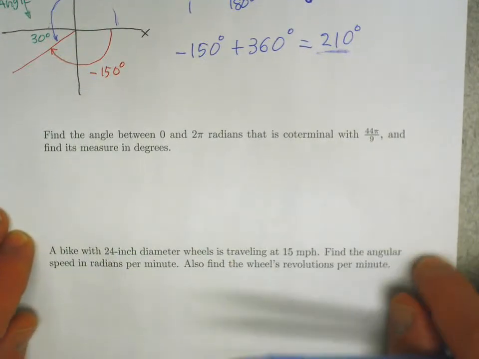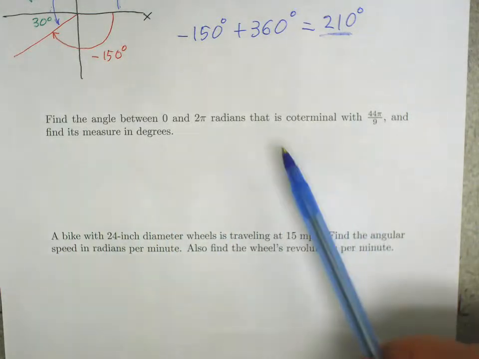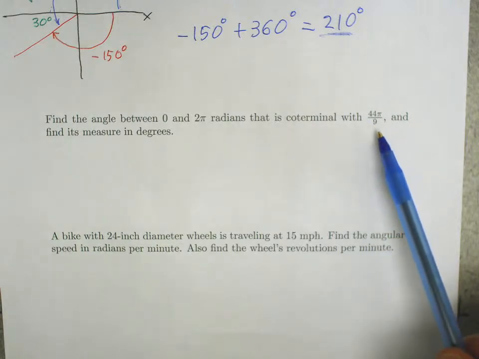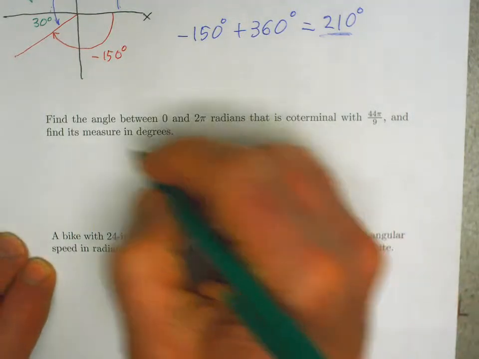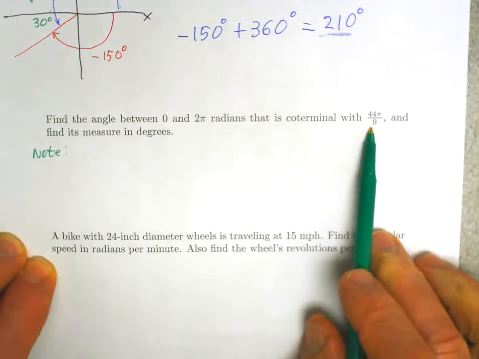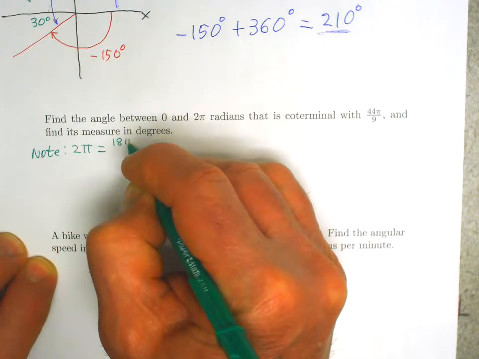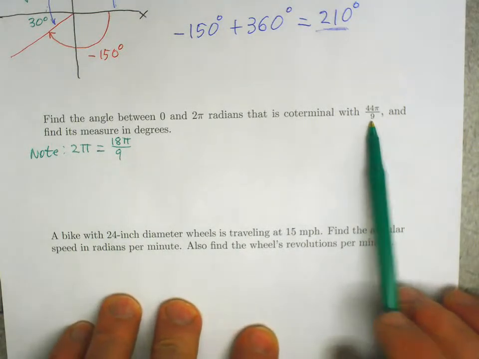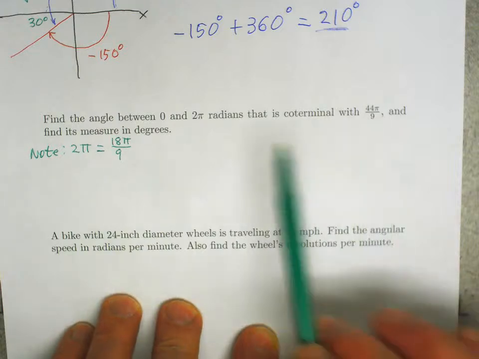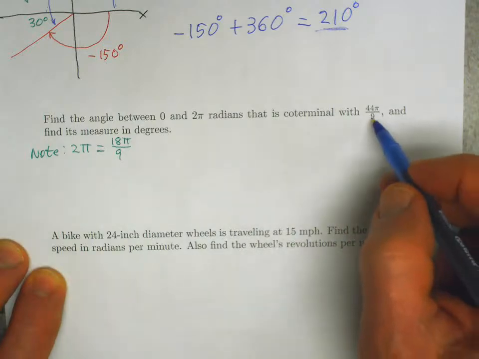Okay, the next example, find the angle between 0 and 2 pi radians that is coterminal with 44 pi divided by 9. Well, just note that using the denominator 9, 2 pi radians is equal to 18 pi over 9. So this is a positive number, 44 pi over 9, and it's greater than 2 pi. So to get a coterminal angle between 0 and 2 pi, starting with 44 pi over 9,